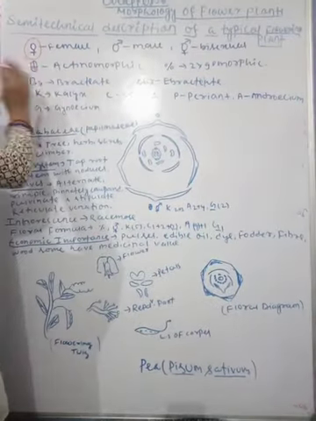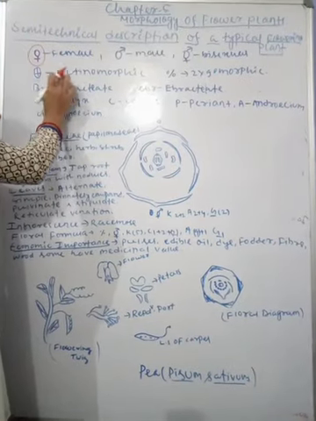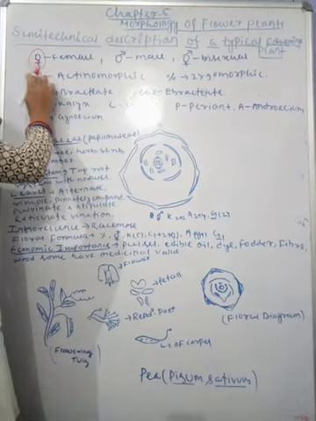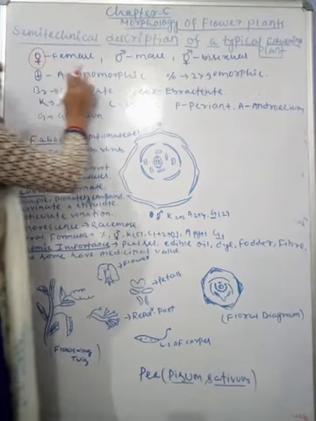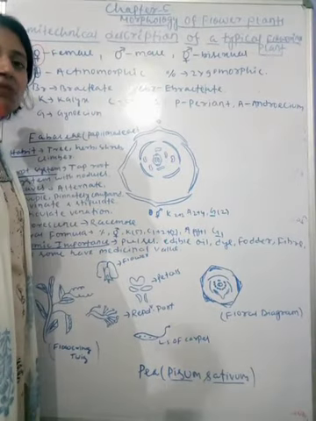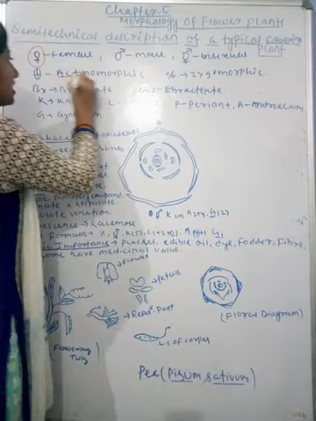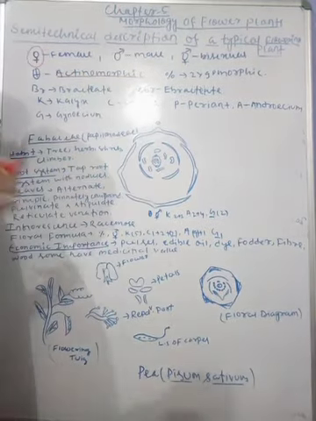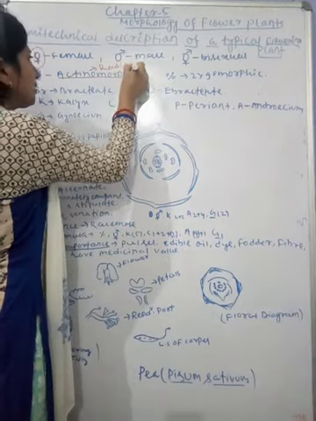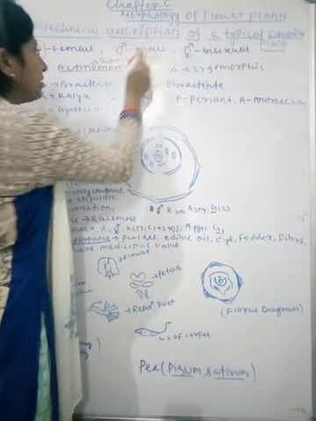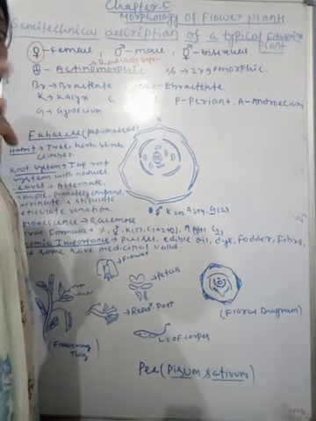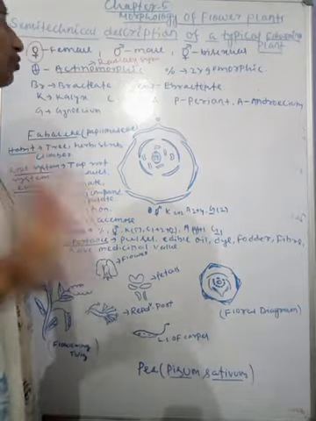Next, this sign represents actinomorphic: a circle covering the plus sign, meaning within the circle there is a plus. Actinomorphic means radially symmetrical. Do you understand? Radial symmetry means when we divide the flower, it gives us 2 equal halves, but not as left and right, just 2 equal halves.